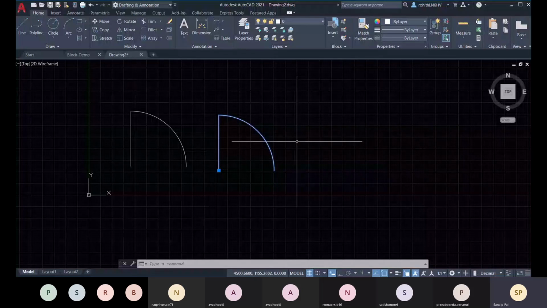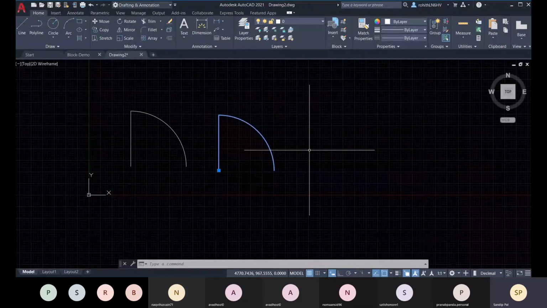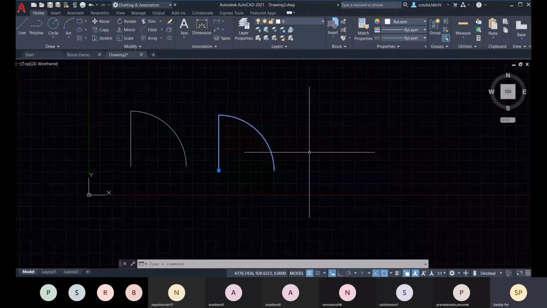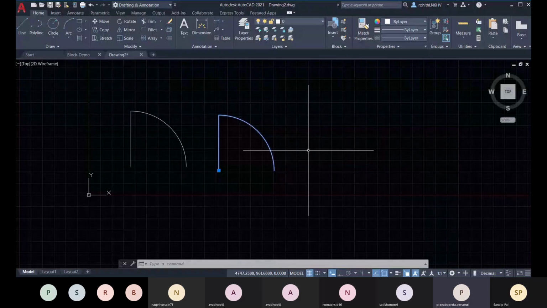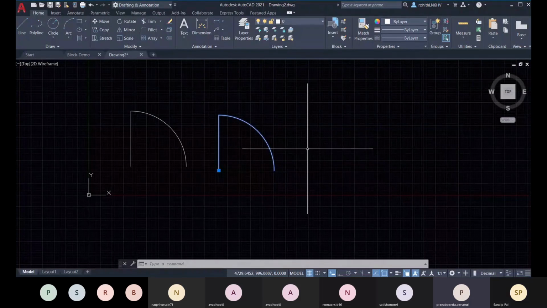So what will be the scale factor? According to ratio, it is 1:1. It means when I reduce 300, then as per drawing it will also be reduced 300.